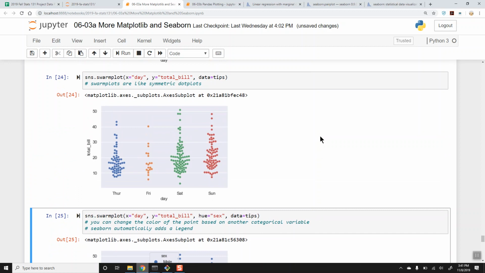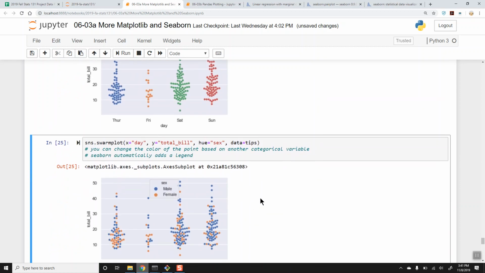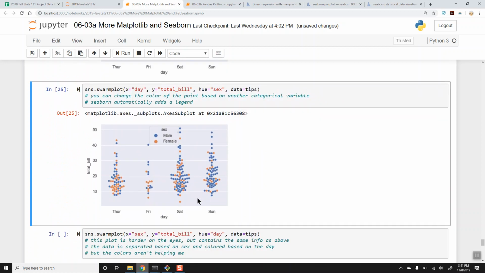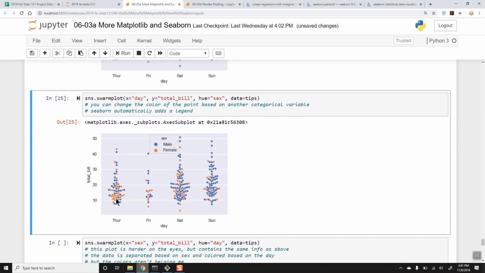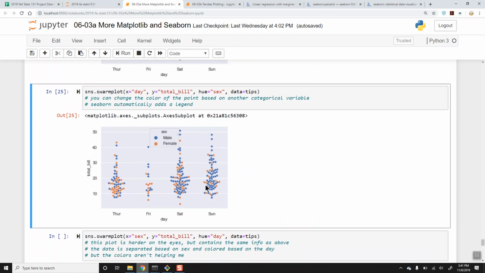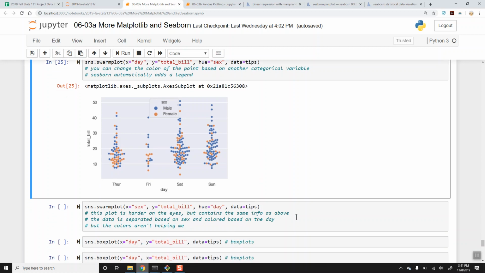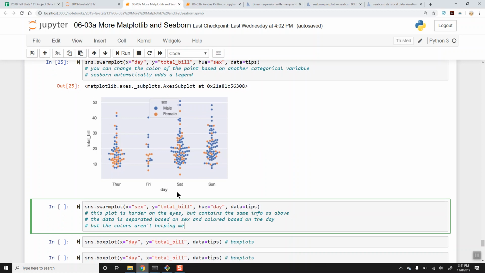Okay, and so the data points look exactly like this, but if you are able to see the colors, the orange dots are female and the blue dots are male. And so we can see on Sunday, we had lots of male, and then on Thursday, there were quite a few more female, for whatever reason. It's hard to fully distinguish. All right,